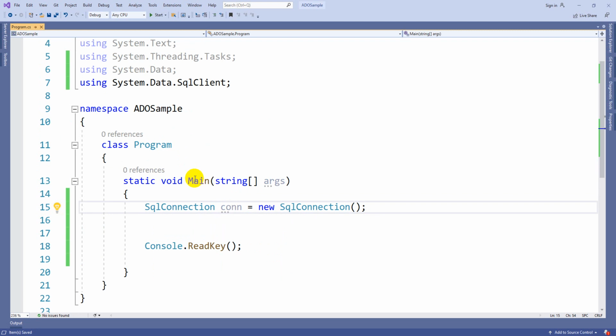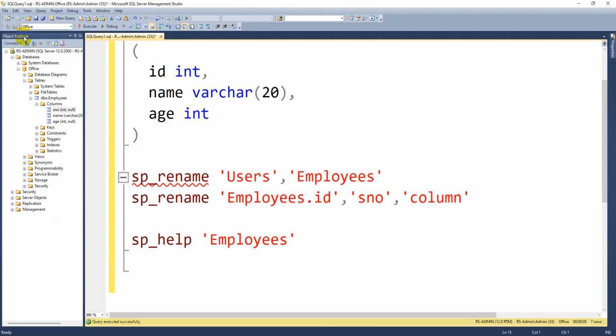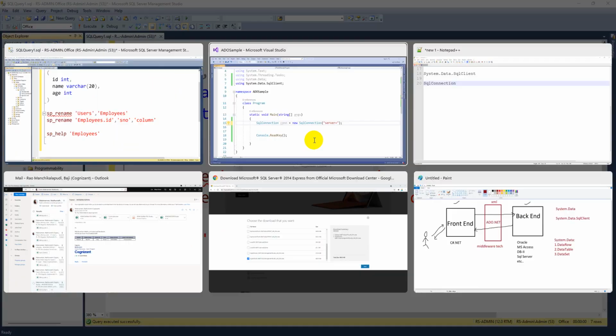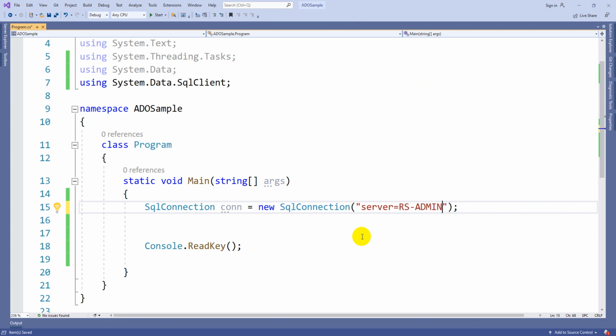Okay, so later you should not feel that sir gave one example, and on the internet or in any other video it is like something else. Here we are going to write our SQL connection string. A connection string is where you provide the details of the server which you want to connect with. First you have to pass the server name, server equal to which server you are trying to connect with. This is my server name, semicolon.